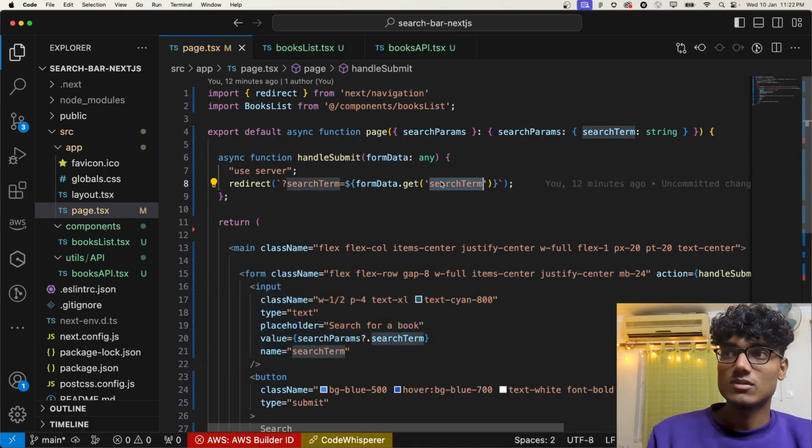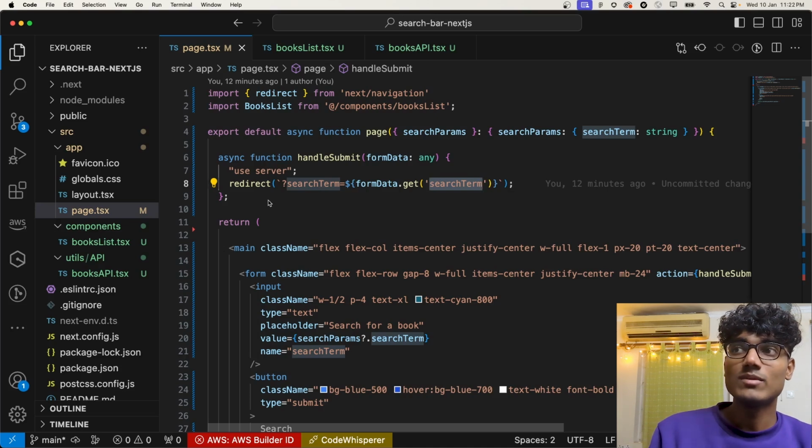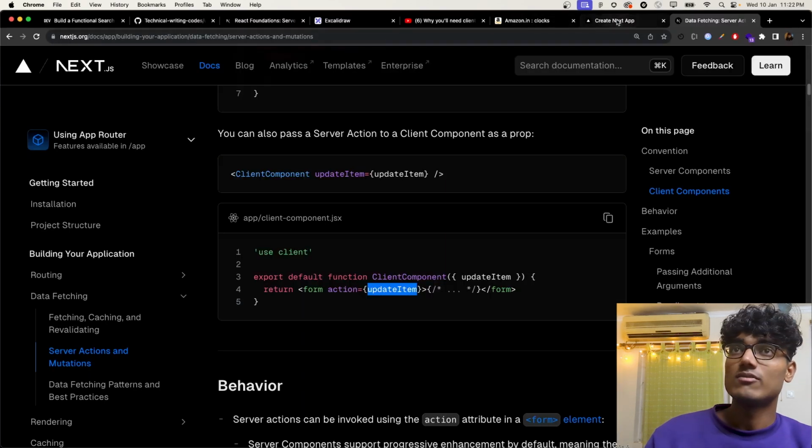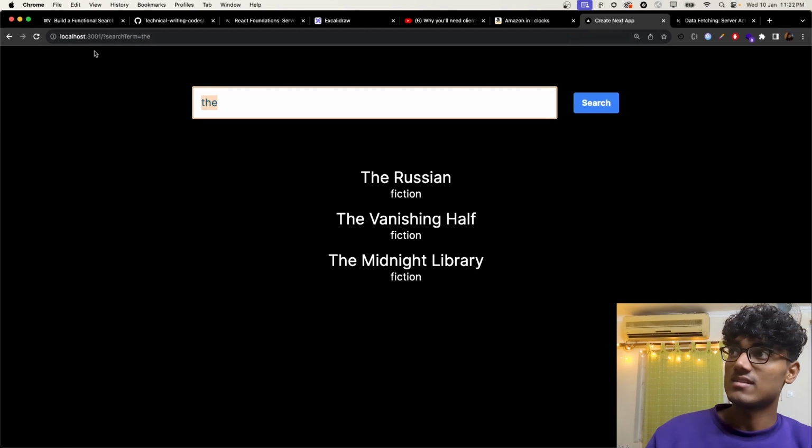So we get the search term, we append it to the URL using a query parameter notation. And when we do that and when we redirect, what happens is the browser makes another request to the server, and this time the server will have a different URL. The URL this time would be localhost 3001 slash, a query parameter search term equals to